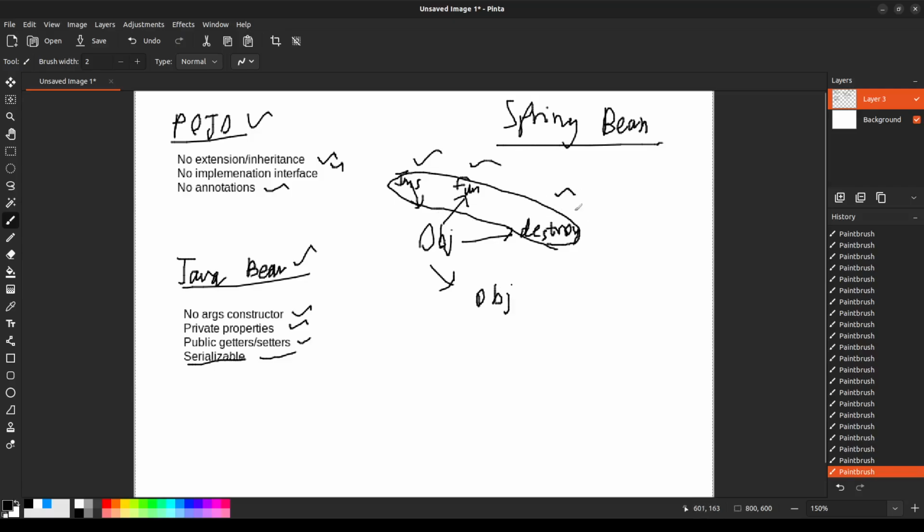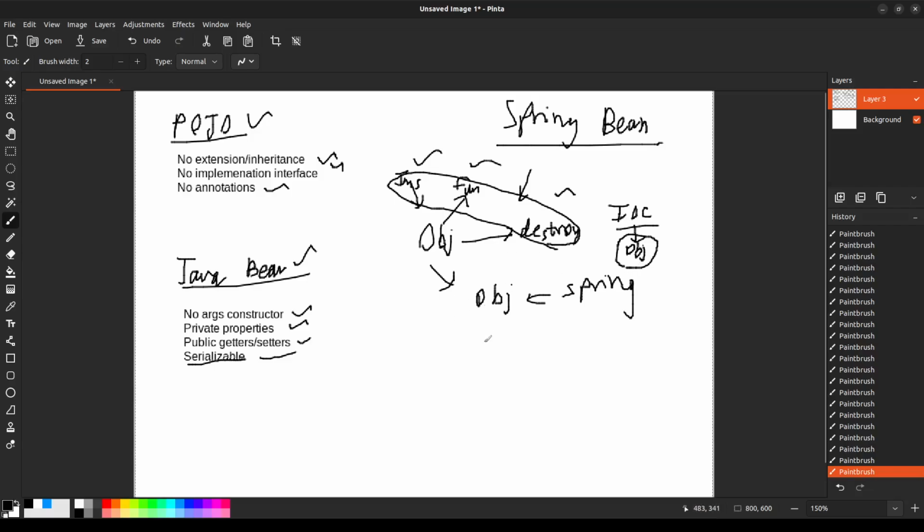Their life cycle is not controlled by you anymore. They are controlled by Spring. So that's why Spring has IoC, the inversion of control container. In IoC, they have Spring Beans, which literally means objects or components whose life cycles IoC will manage.